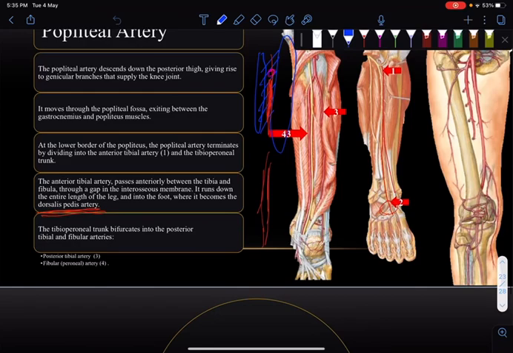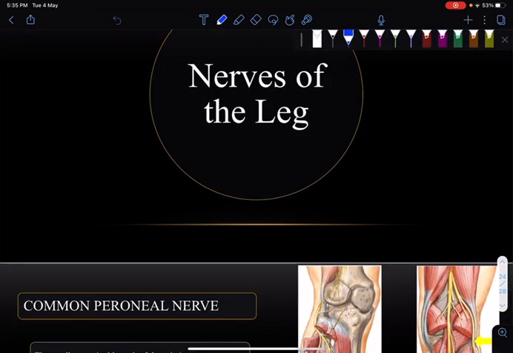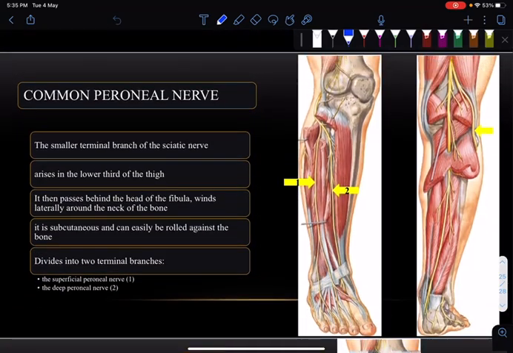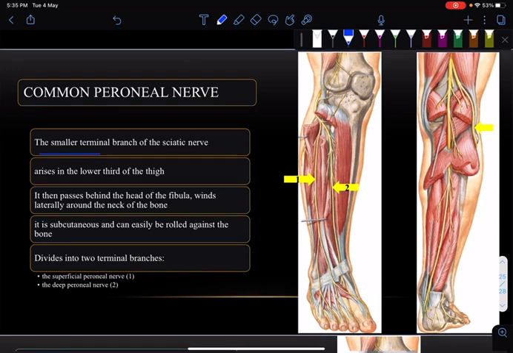نشوف شو مكتوب هون عندنا النيرف of the leg. Common peroneal nerve بعطينا the smaller terminal branch of the sciatic nerve. Smaller why? Because there is a larger. ايش هو larger؟ اللي هو tibial nerve تمام. A smaller terminal branch of the sciatic nerve arises in the lower third of the thigh. It then passes behind the head of the fibula and winds laterally around the neck of the bone where it